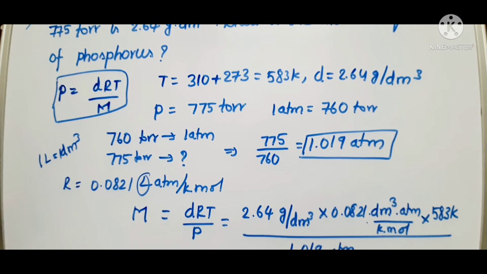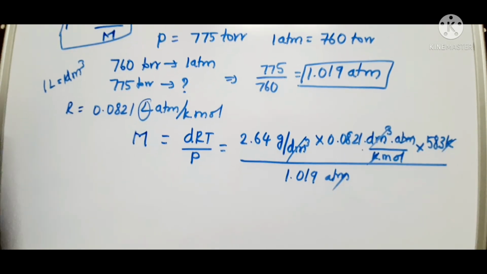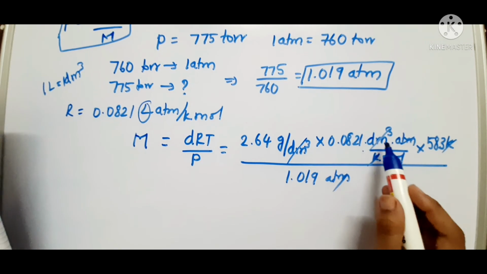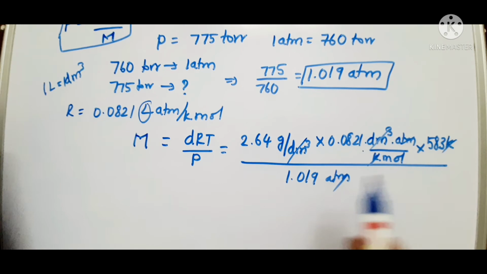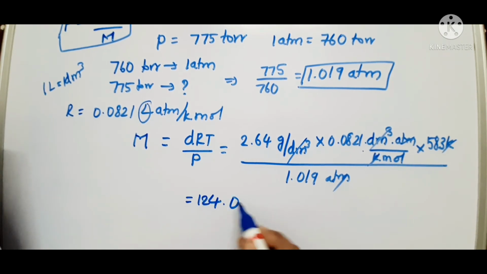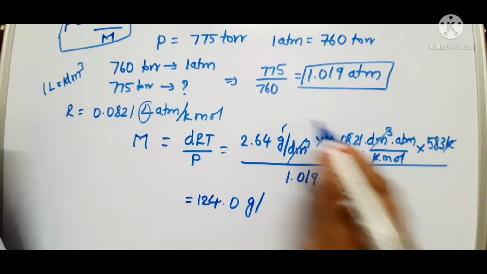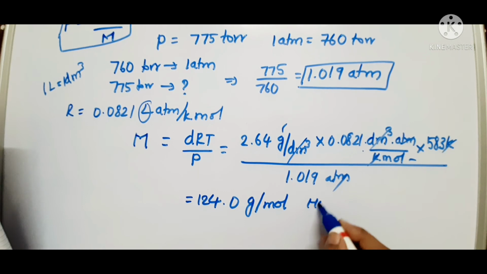1.019 atmosphere. Here the atmosphere, decimeter cube, and Kelvin will be cancelled. Okay, observe the units here. The decimeter cube, atmosphere, and Kelvin will be cancelled. When you calculate this, you will get 124.0 gram per mole. What is this? Molecular mass